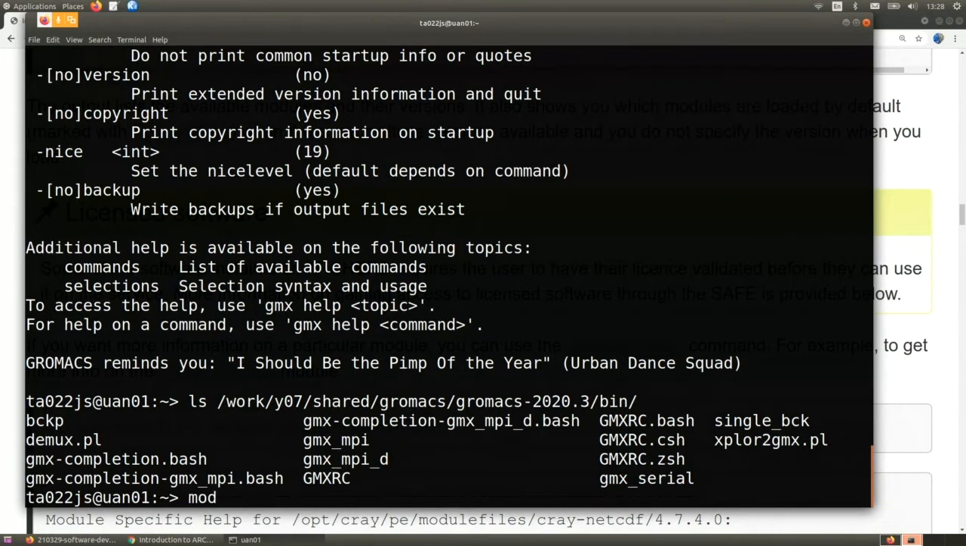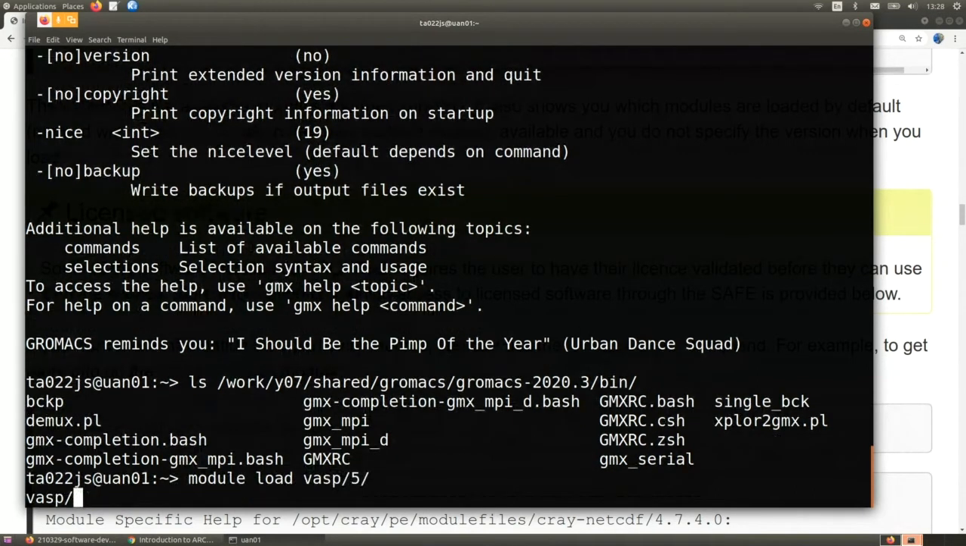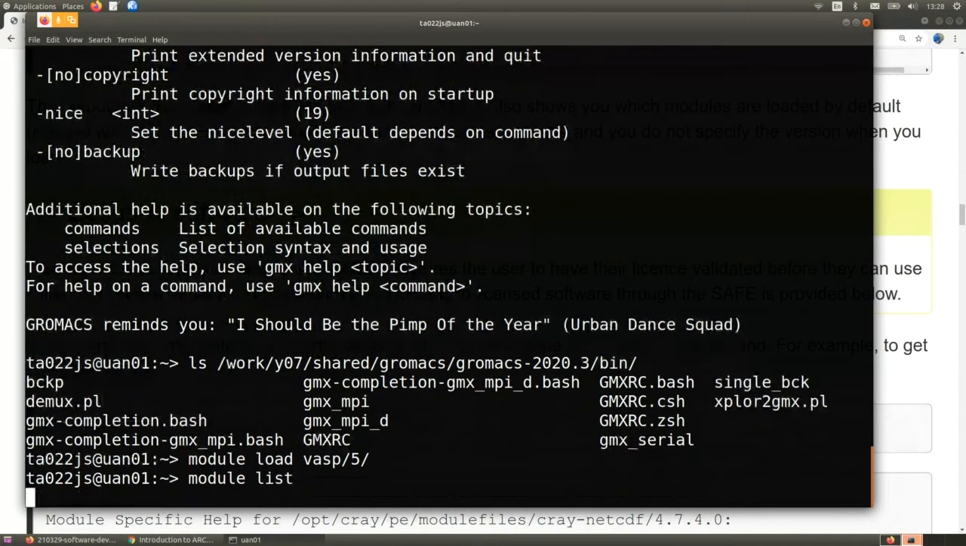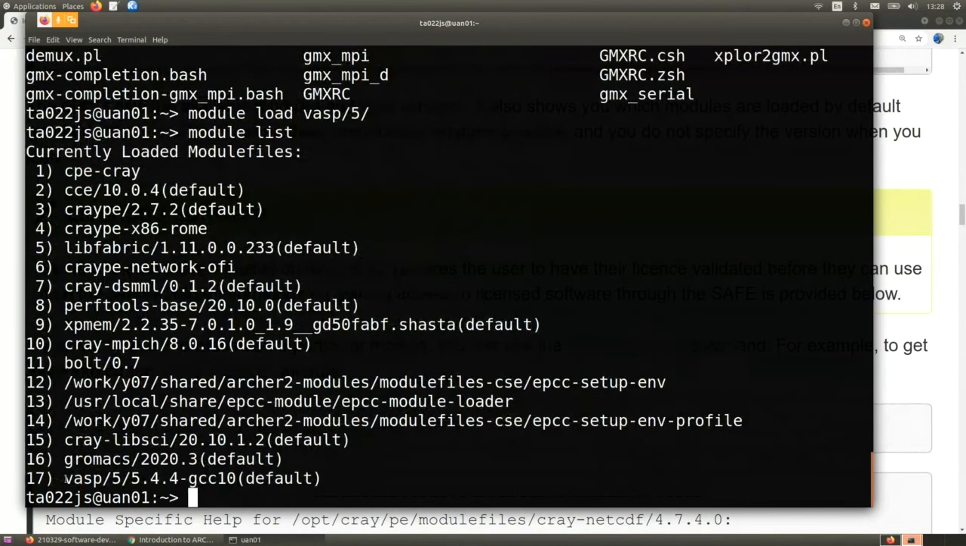And if I were to try a similar thing for, let's say, VASP, I can module load VASP. There's two versions of VASP, so let's go with 5. There we go, and I do module list. I now have VASP 5 available. And if I were to try to see what the executables associated with this were, using the same module show command as before,